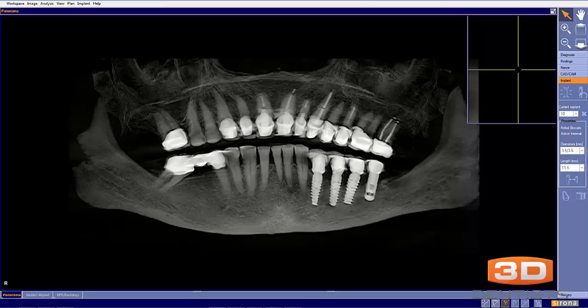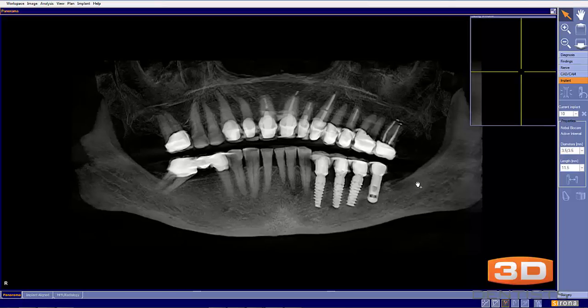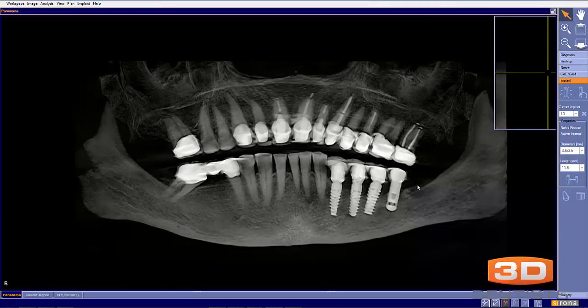So with any case, I always like to start by determining what type of surgical guide we're going to use, and we have either an analog workflow or a digital workflow. The difference between the two is predicated on whether or not we will be able to get CEREC data into the software, into the system. And in this particular case,